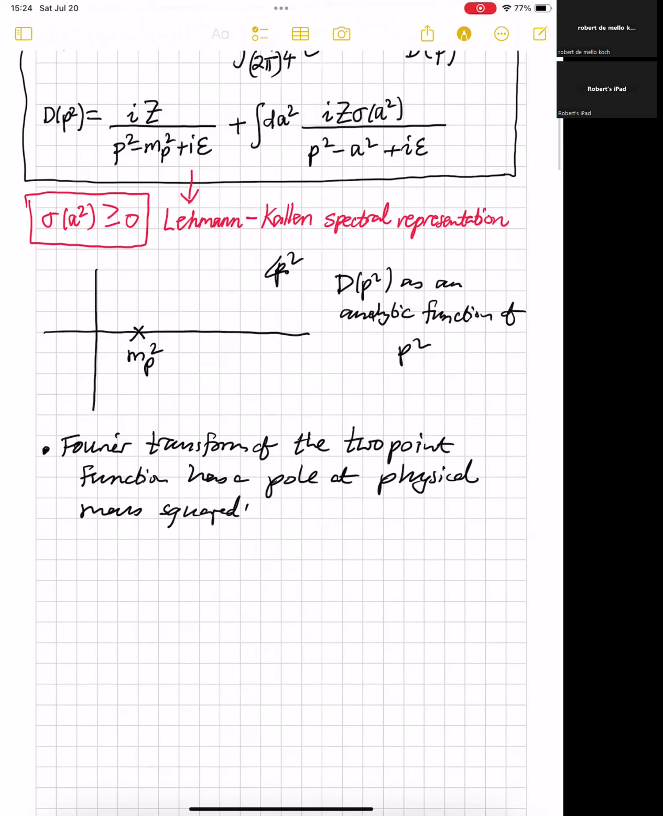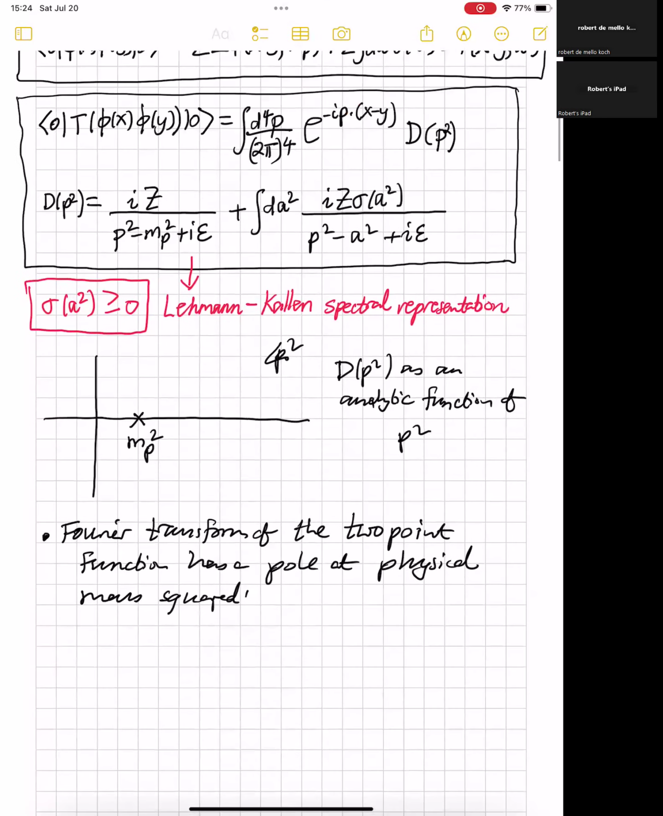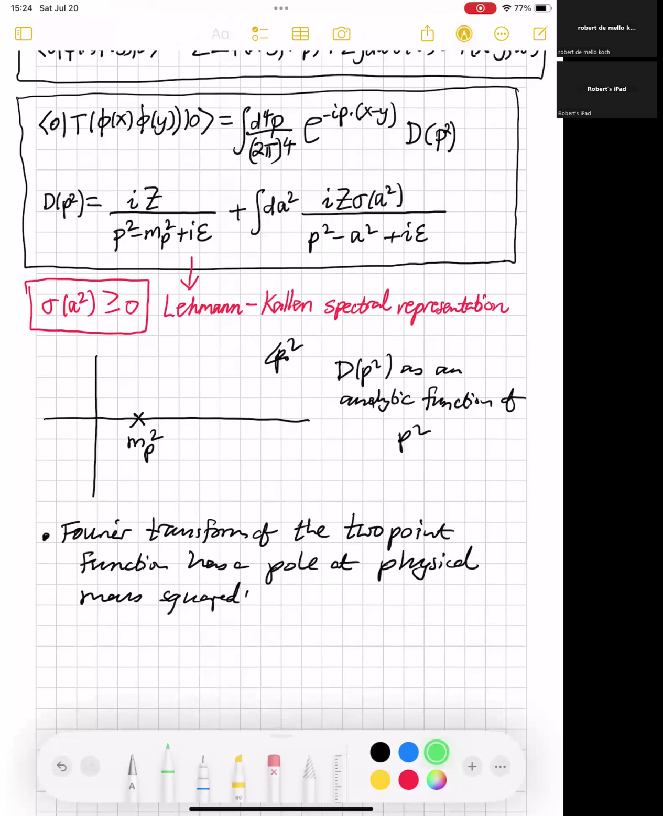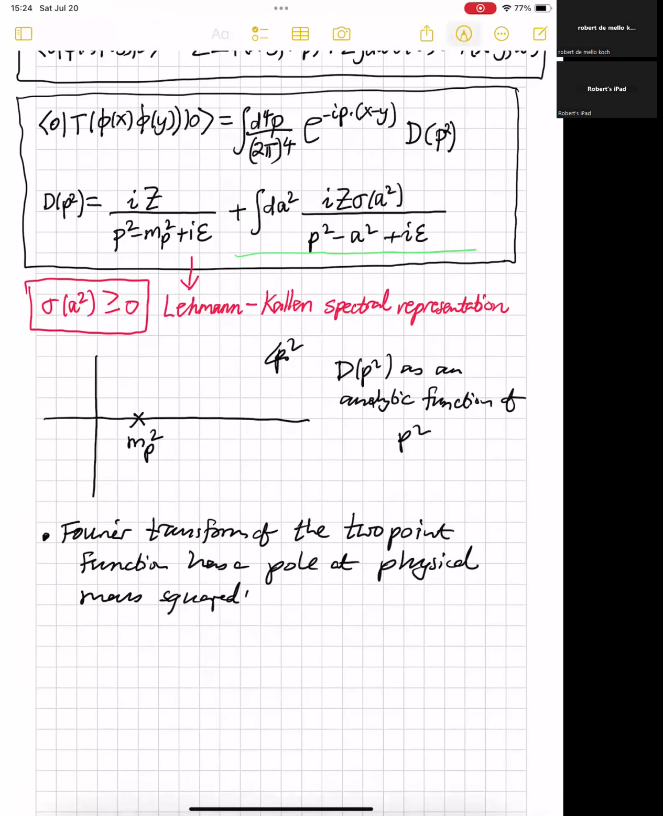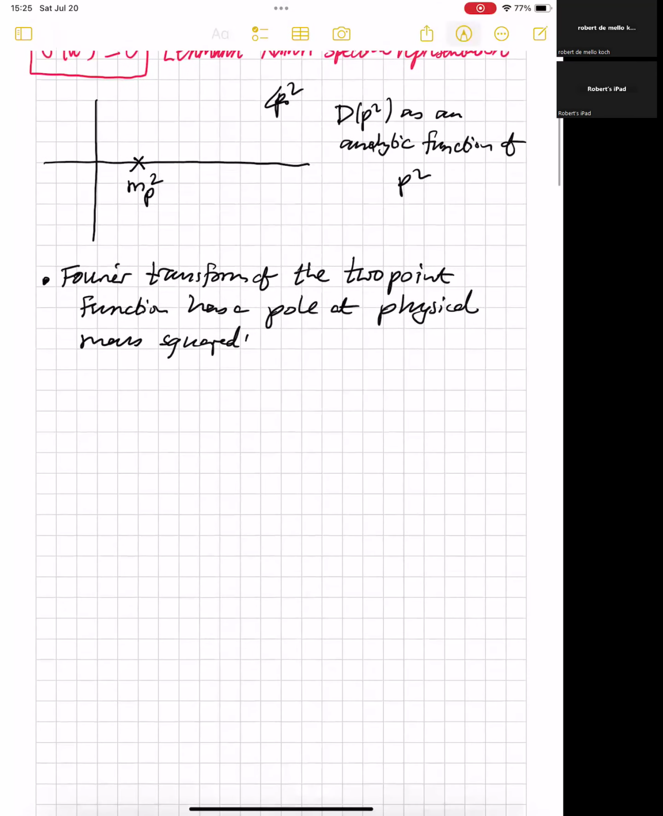So before we weren't sure where the physical mass makes an appearance in our formulas, and now we found out it sets the position of the pole of the Fourier transform of the two-point function. Now we've got a second term sitting here. So let me just underline it in green. Look at the second term sitting here. So I want to study that second term next. And that's got an interesting structure. You can see we're integrating over a squared, and then we've got some numerator over p squared minus a squared plus i epsilon. So I'm going to think about a simple toy problem,